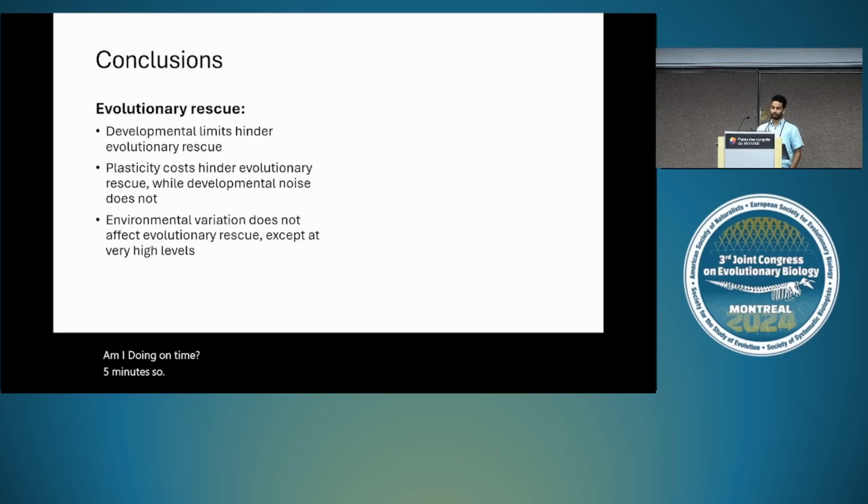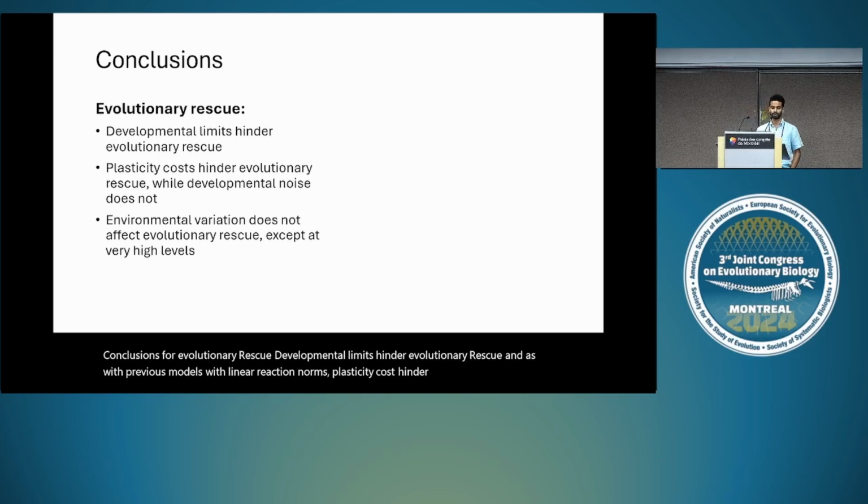Conclusions. For evolutionary rescue, developmental limits hinder evolutionary rescue. And as with previous models with linear reaction norms, plasticity costs hinder evolutionary rescue while developmental noise does not. And environmental variation doesn't affect evolutionary rescue except at very high levels, after which there's a very sharp drop-off in